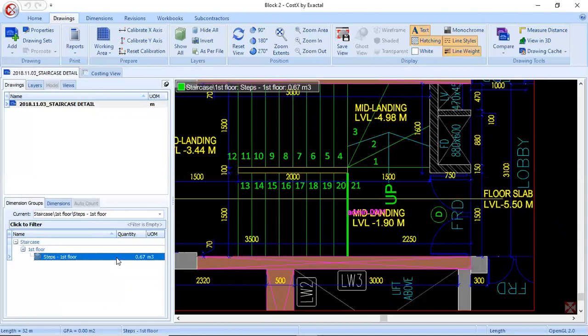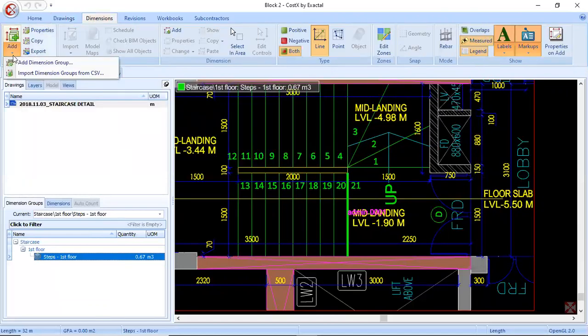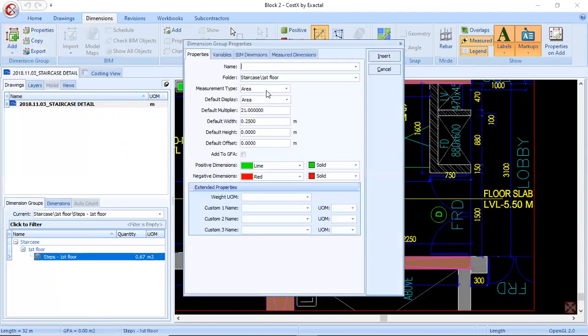The same way, to calculate waist slab concrete, I'll add one more dimension group, mentioning it as waist slab first floor. Measurement type as length, default display as volume. Here default multiplier, I'll make it as 1.